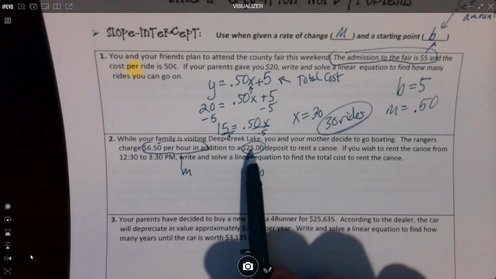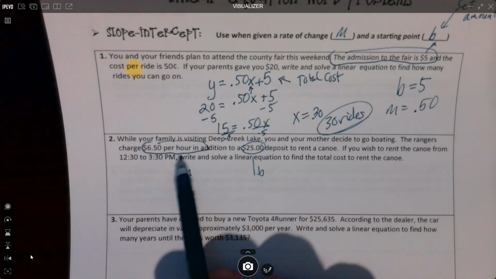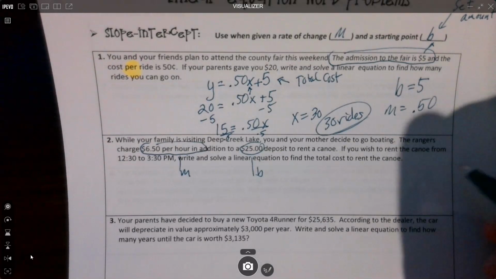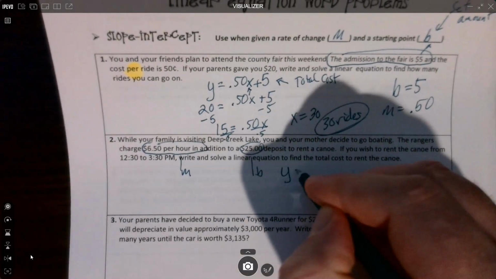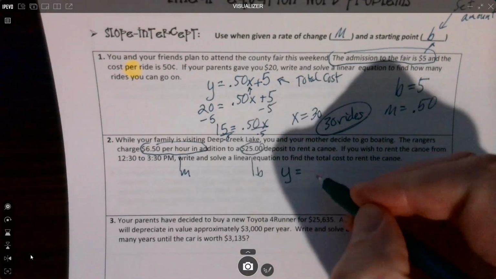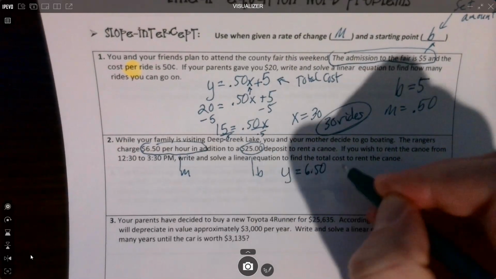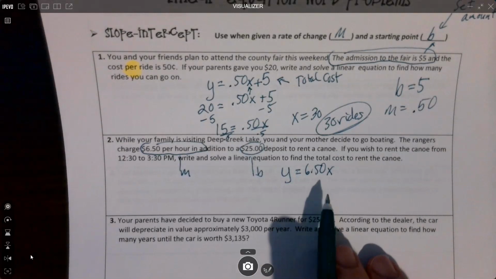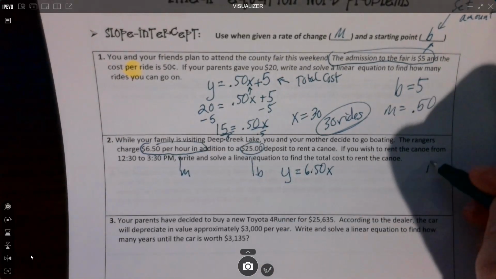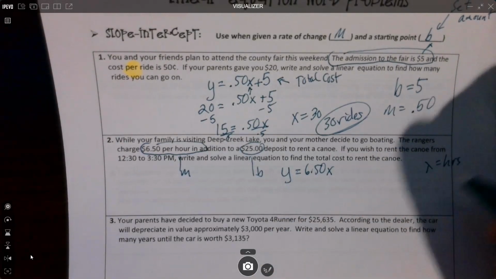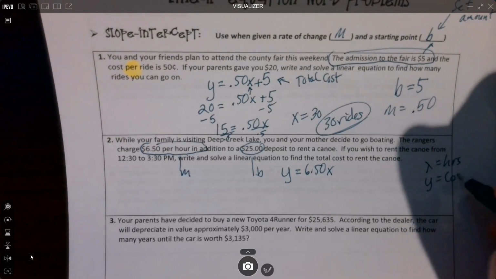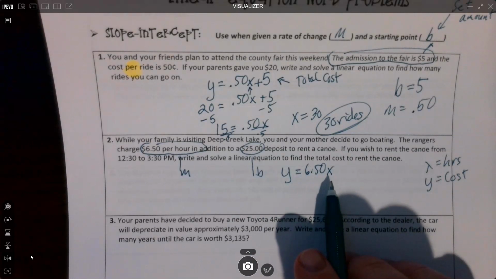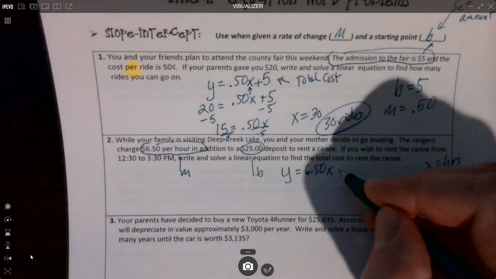But anyway, any set amounts are always your B. Anything that's a rate is always your M. So our equation for renting the canoe is Y equals, we're paying $6.50 per hour. In the case of per hour, X is the hours, so just keep that in mind. X is the hours. Y is the cost. So $6.50 for X plus the $25